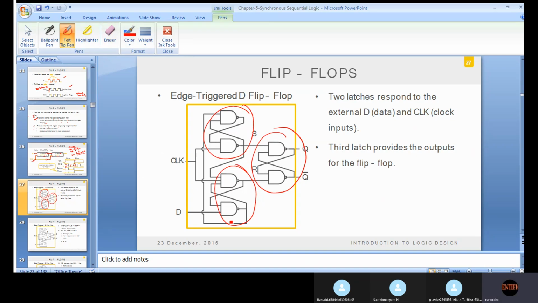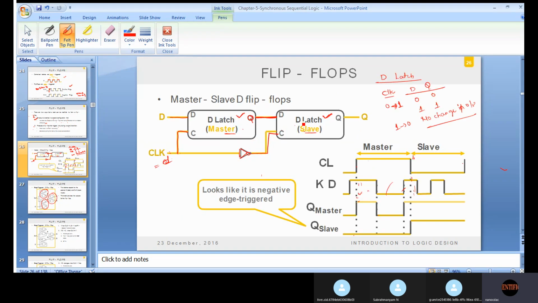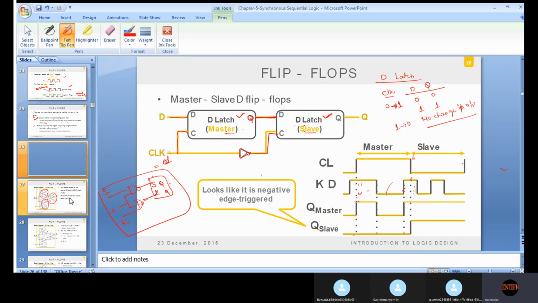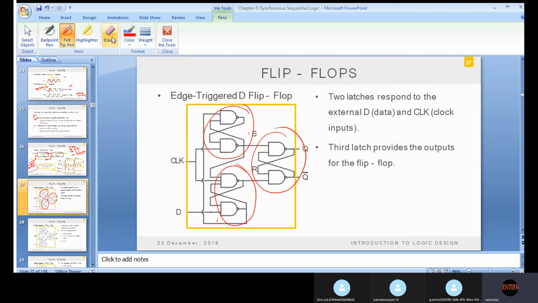ఇదేమంటారు, what is this? You have taken 2 latches. 2 latches data, they respond to data and clock. ఓకే, ముందు ఈ మాస్టర్ స్లేవ్ ఉంది కదా, ఇదొక డీ ల్యాచ్, ఇదొక డీ ల్యాచ్ కదా. నార్మల్ గా మీరు డీ ల్యాచ్ అని అంటే ఏం చేస్తారు? ఒక SR ల్యాచ్ కి క్యూ బార్ కదా, SR ల్యాచ్ కి ఏం చేస్తున్నారు? ఇక్కడ ఒక NAND gate, ఇక్కడ ఒక NAND gate ఇచ్చి, you are using a control signal and here you are giving SR. ఓకే, సో అంతే కదా. సో దీన్నే ఇలా డ్రా చేస్తారు చూడండి. సో దిస్ ఇస్